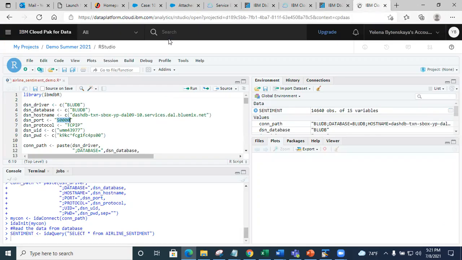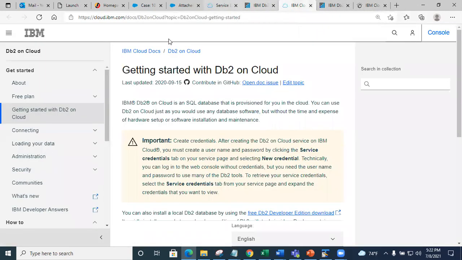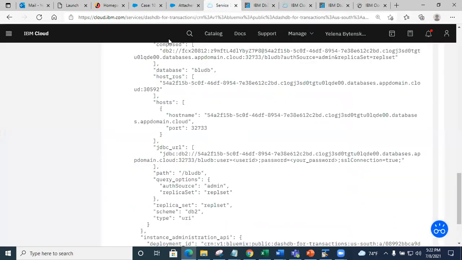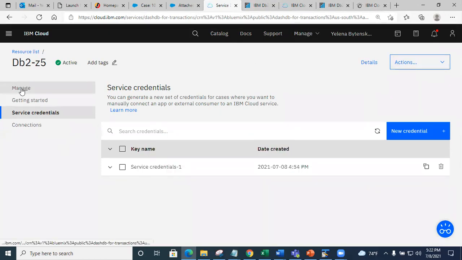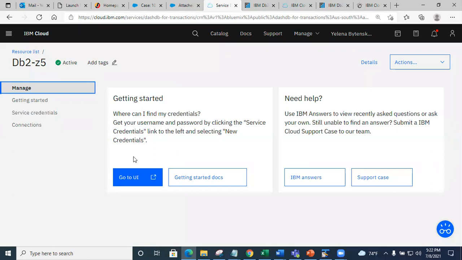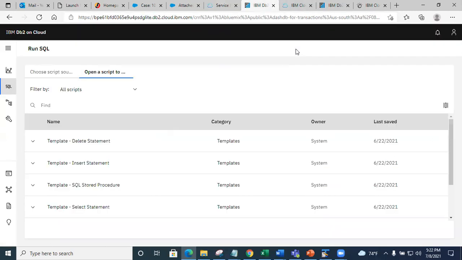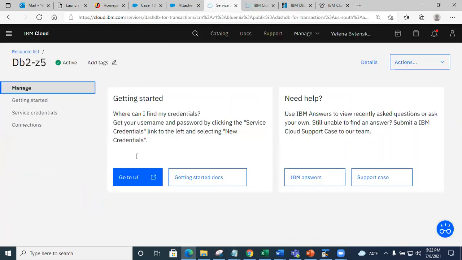But first and foremost, let's go ahead and see how to use this new interface to load data. I was not going to show you how to load data today, but things change and usually I'm good at adjusting based on the situation. So let's do this. You're gonna click on go to UI, right? And I already have it. Let's close this. I don't want to have multiple copies open.